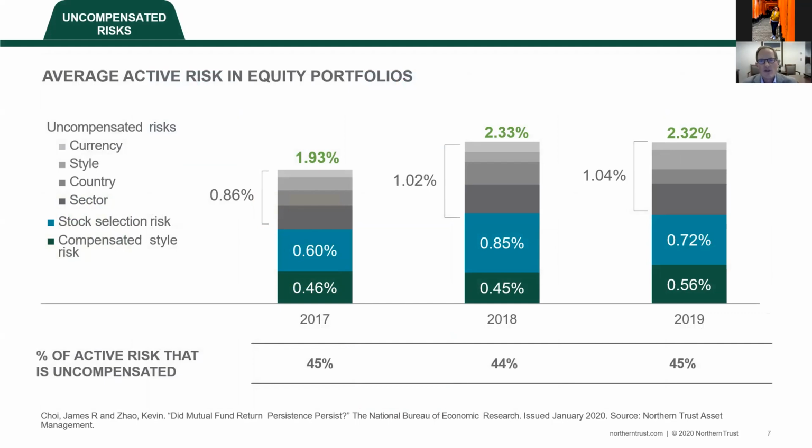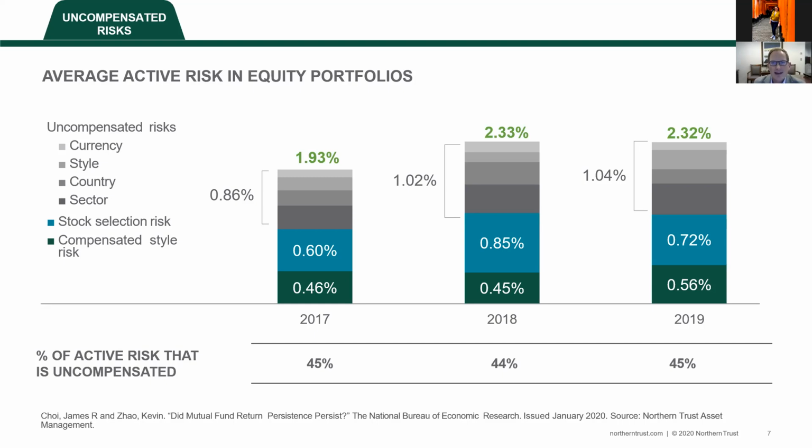Remember, we found about twice as much uncompensated risk in our study portfolios as we did compensated. And we break this out by year here. And what we show is that the top gray bars, so currency, unintended style, country, sector, really accounted for a relatively large portion of the overall active risk. So in 2019, a total of 232 basis points of active risk on average across all the portfolios that we studied. More than 100 basis points, 104 basis points